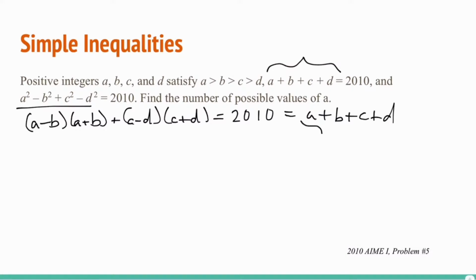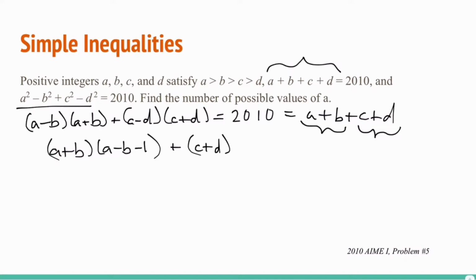Now let's move a + b to that side and c + d to that side as well. Then we get (a + b)(a - b - 1) + (c + d)(c - d